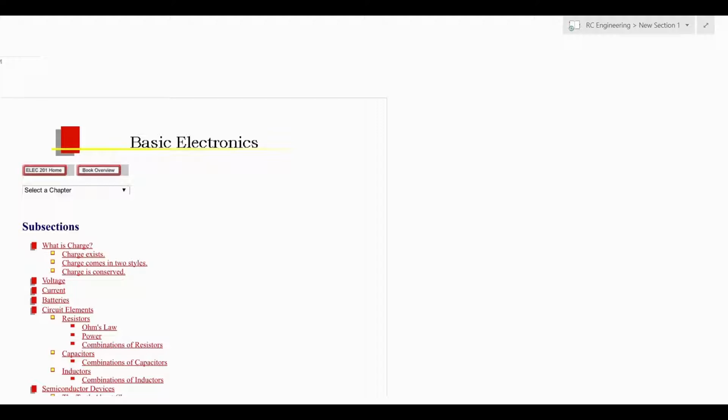So, we're going to be going over some basic RC engineering principles for model cars, boats, and planes. For these first few videos, we are going to go over just some general stuff that you'll find on all three: cars, boats, and planes. So, electricity, work, mechanical work, stuff that all of them will use. And then later on in the series, we'll start breaking out into individual topics for cars, individually for